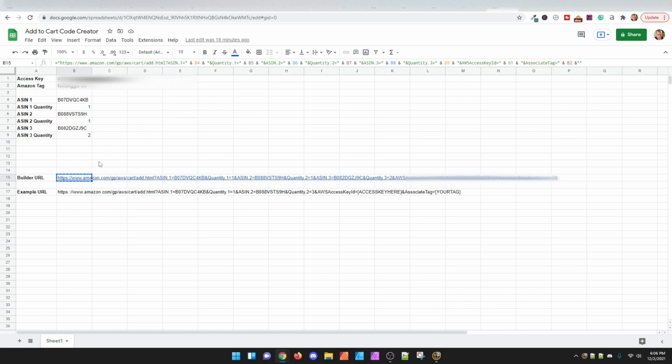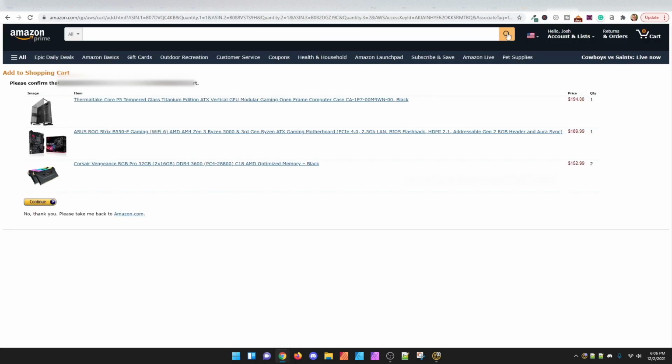And then I built an auto builder for this that you'll just be able to copy and paste out this builder URL to use on your site, which will bring you to this page and give you the ability to put them all here. So once they get to this screen,